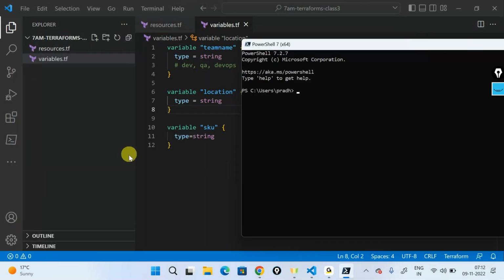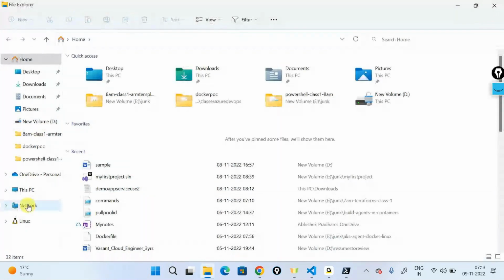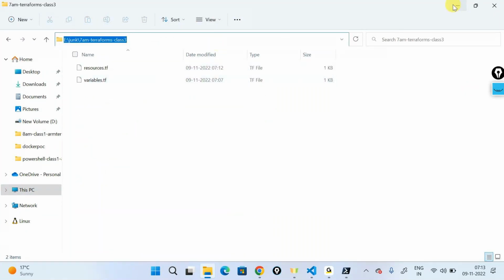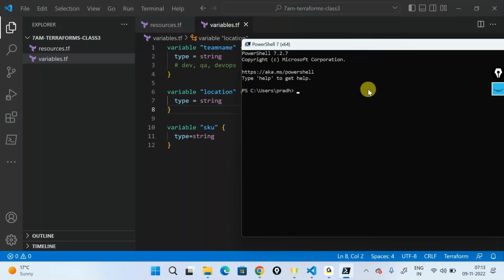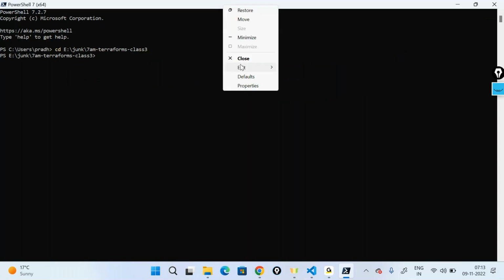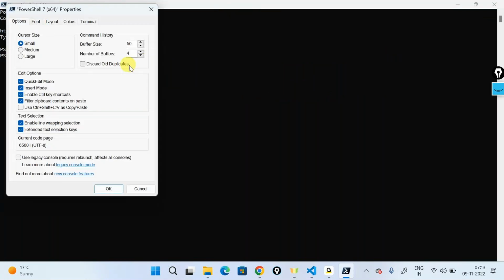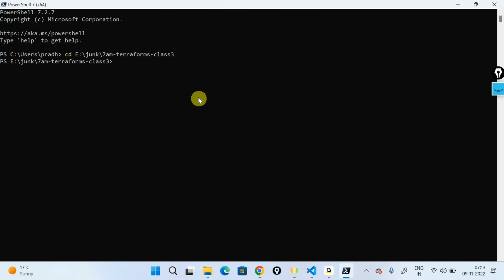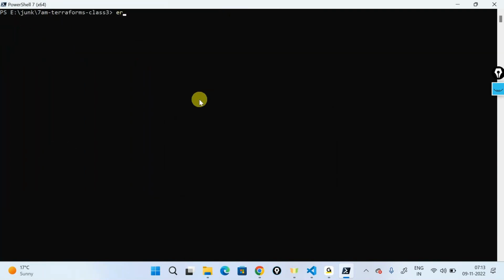On what is happening in one screen and what is happening in the other, it's easier for me to do that. So let me copy that folder path, and I have two different files here. There are no Terraform plugins, so I'll have to download them. Let me expand this and increase the font slightly so that everyone can look at this one. Fine, cool. So let's start with